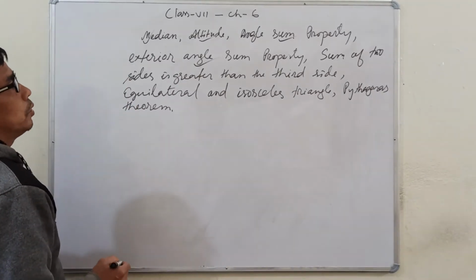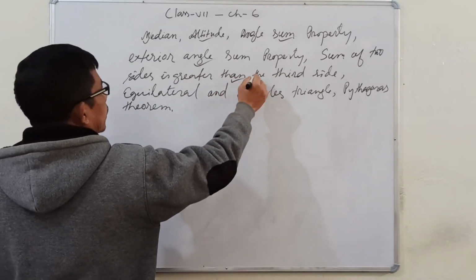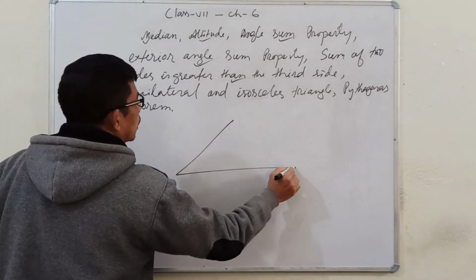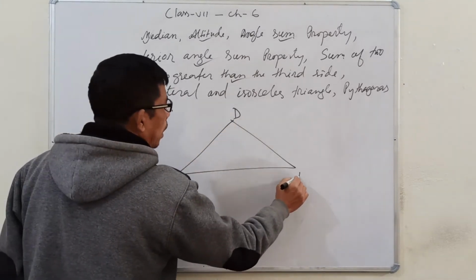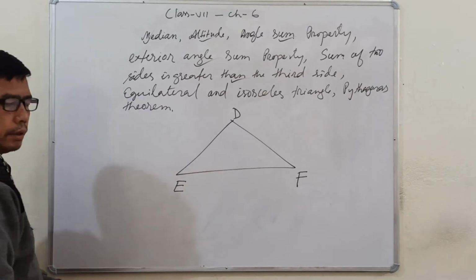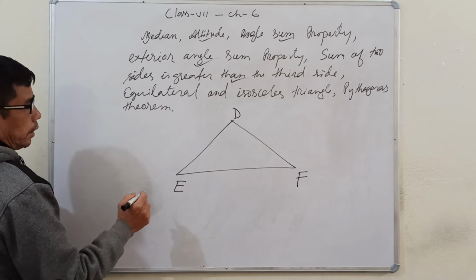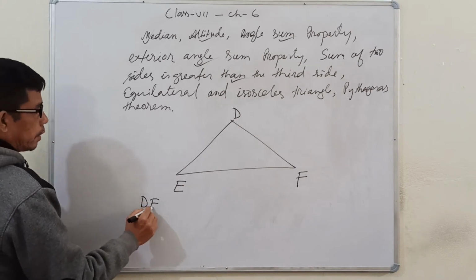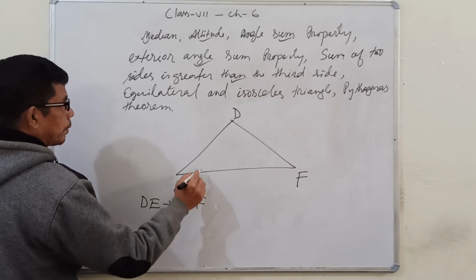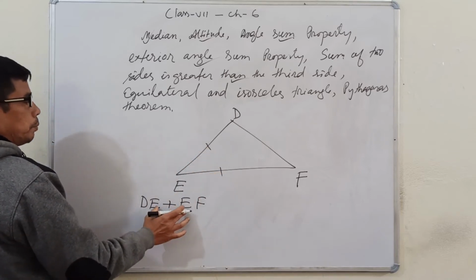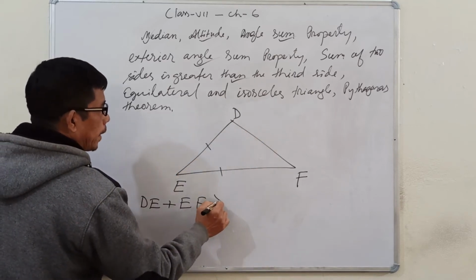Then let's come to the next topic, that is, the sum of two sides is greater than the third side. Let's pick up a triangle DEF. By this property, the sum of any two sides, let's take DE plus EF. We have taken DE and EF. The sum of the lengths of these two must be greater than the remaining side, the third side,